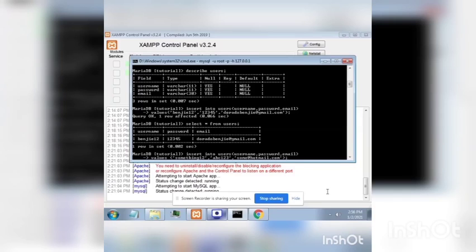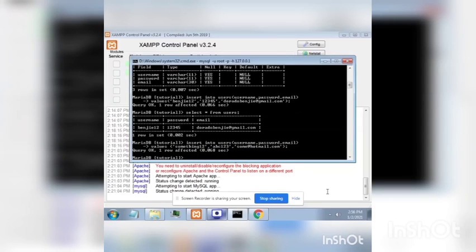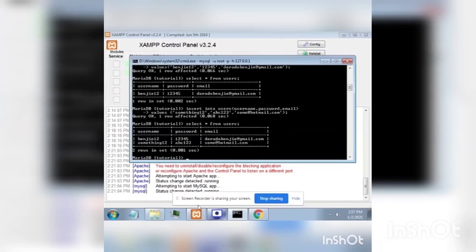Enter, then okay, let's see. Here you can see the data that we entered in the table, and that's how to enter the data. Okay, thank you.